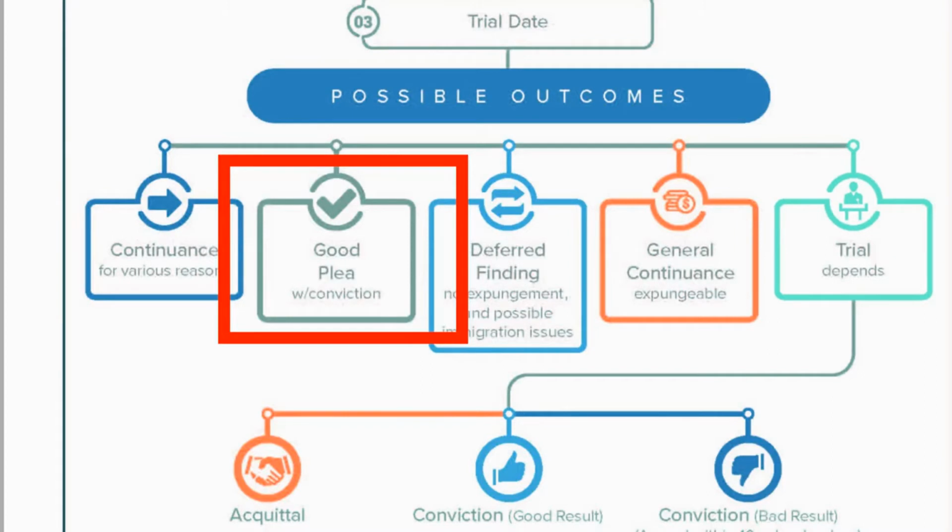Now, the second thing that may happen is you get offered a plea agreement that you really like. And now, one may be a plea agreement with a conviction. Now, as I said before, we're talking about options and we're talking about typical domestic violence cases. Now, this is when I'm talking about a good plea with a conviction. That's typically going to be a bit more serious than a typical domestic assault case. Let's say there's a bad injury or a bad alleged injury, or there's certainly bad facts that may make your case more serious than just a typical domestic assault. Maybe it should have been charged as a felony, but we would rather get it resolved now to avoid that felony conviction. You may end up taking a plea agreement that involves a conviction, but again, if I'm representing you,